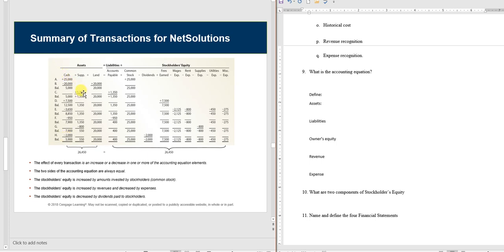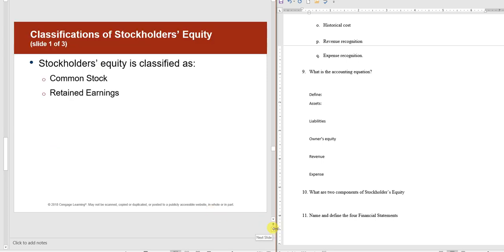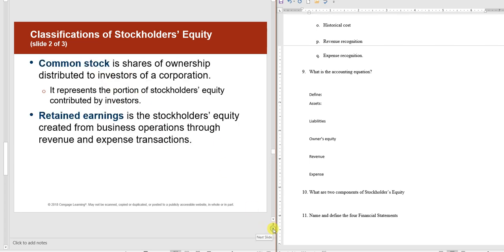the supplies went from $1350, I subtracted $800, down to $550. You don't necessarily need to subtotal on all these, just subtotal at the very end. Just make sure these two equal. Your assets have to equal your liabilities and stockholders' equity. Two components of stockholders' equity are common stock and retained earnings. This is important. This is owner's investments, and these are what the business has earned.